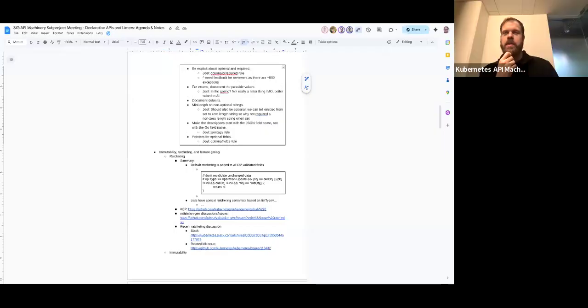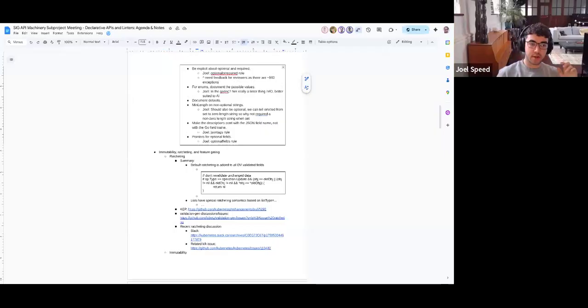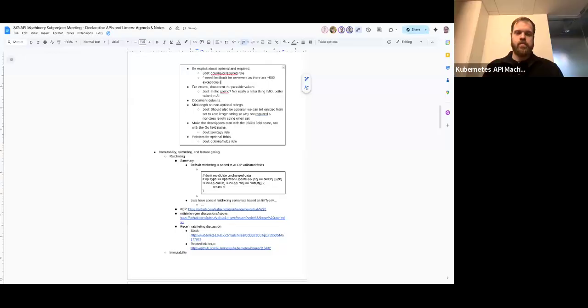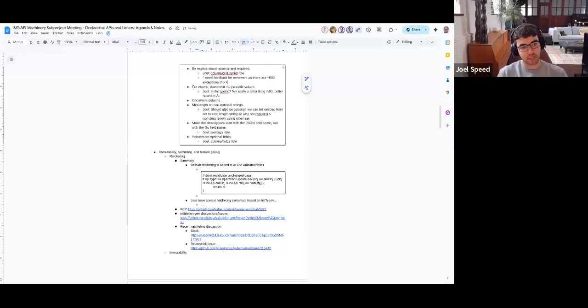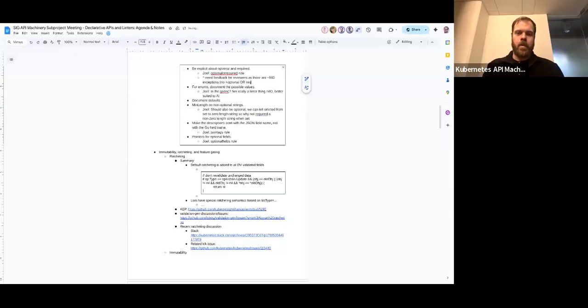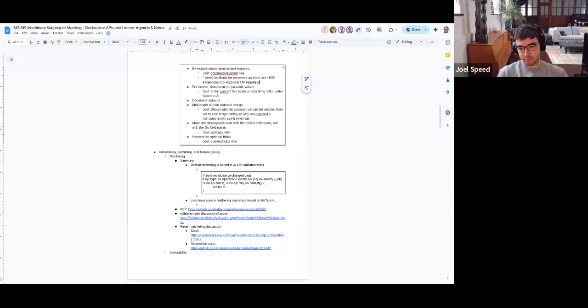And just to clarify, those would be 900 fields that don't have optional or required? Yes, about 900 existing fields in the Cube APIs that have no tag for optional or required, which meant I was going through and working out, based on the serialization, whether they were pointers, and looking at the actual implementation of the validation in the storage. Are these treated as optional or required, so I could tag them correctly? Gotcha. Wow. Yeah, which was not a particularly fun afternoon.